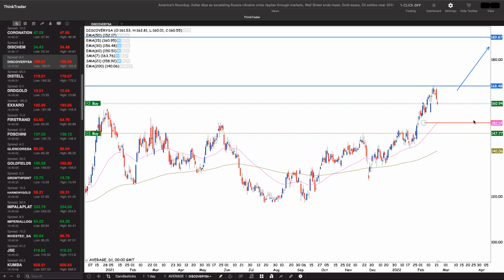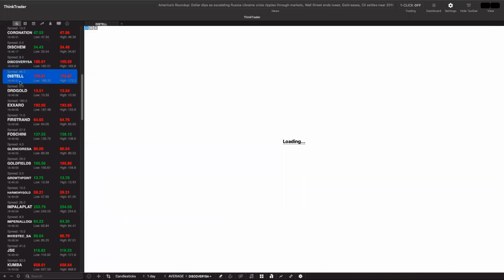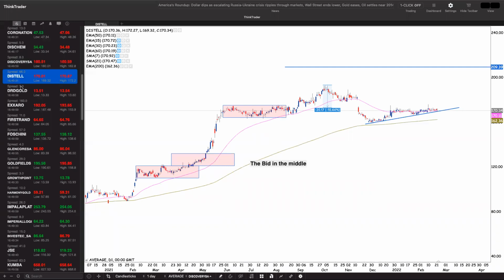So I think it's going to revert back to 152, to retest that 50-day exponential moving average. So it's going to be a while till I do anything on the